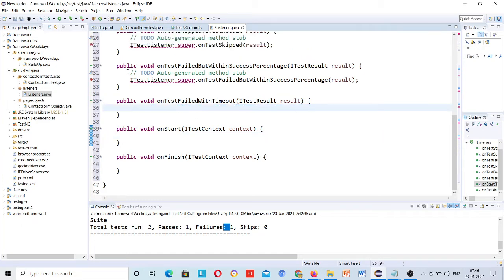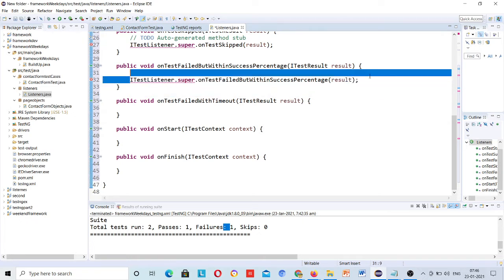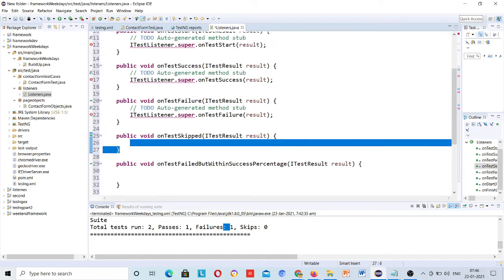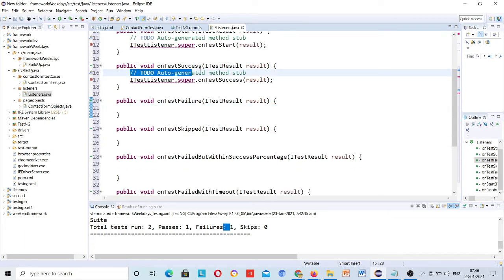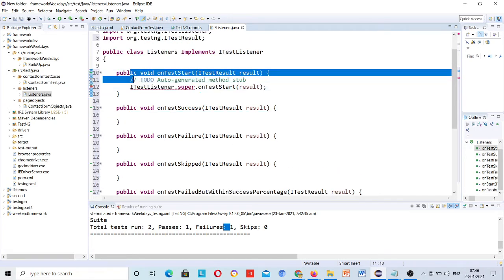Keep this all. Once you start learning after this framework, if you want to explore, you can see that all of them are present to help you out. Okay, fail, pass, start, every method is present here.